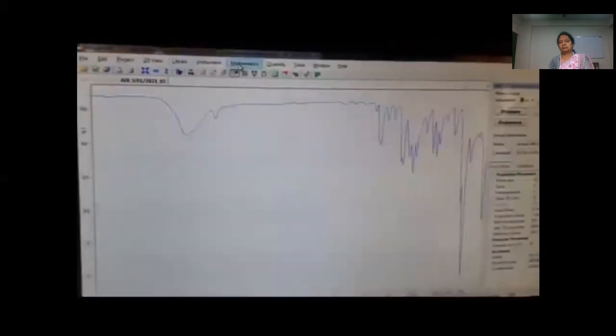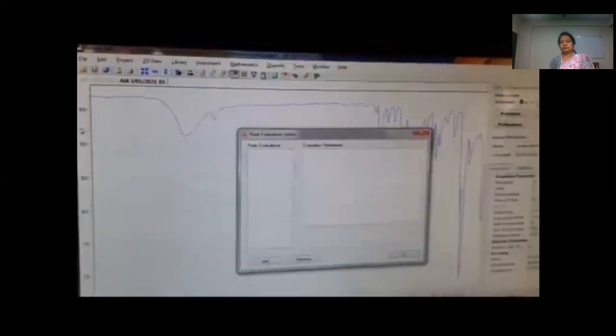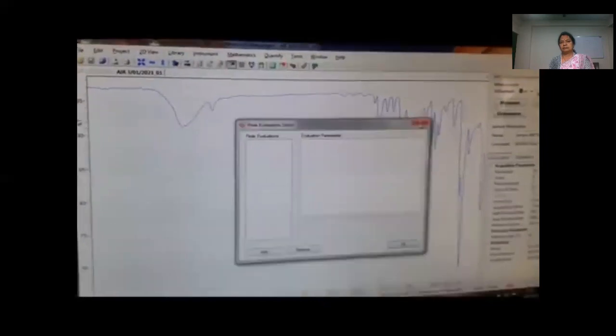This is your sample. We can see the peaks and we can also mathematically evaluate this peak picking. Okay, so we can get here the spectra of the sample.